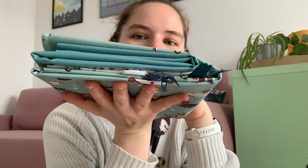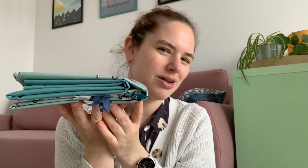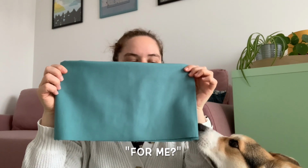So these are the fabrics I bought. And first, do you think I have a color style? Do you think I have a color that is my color? Maybe I do. So first things first, I went to the fabric store because I wanted to make a bag. So I bought this cotton. Okay, yeah, I think now it's true to color. This cotton to make the main part of the bag. I'm also going to make the strap out of this because they didn't have a...